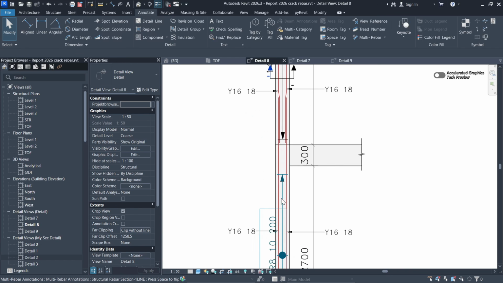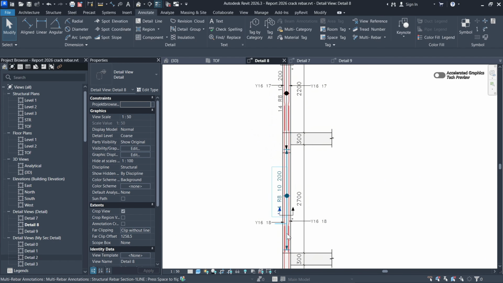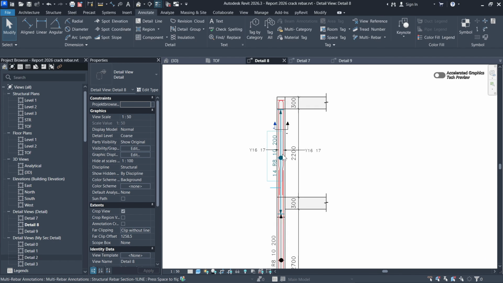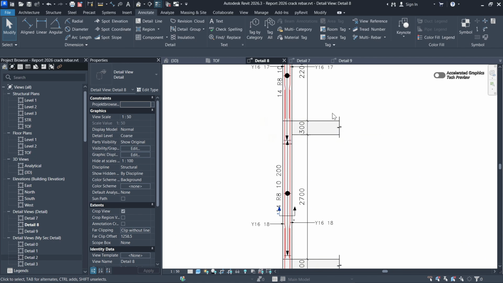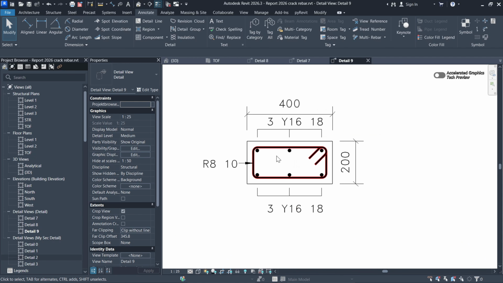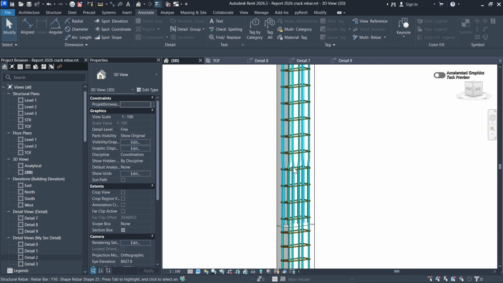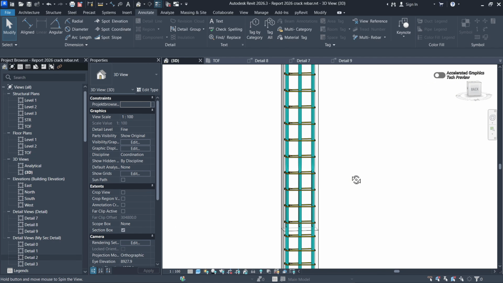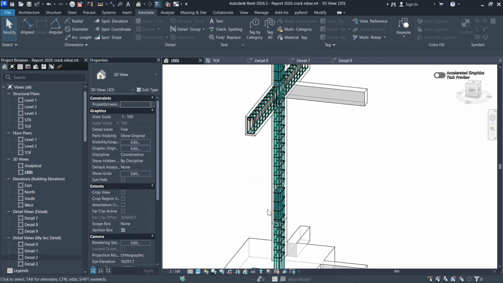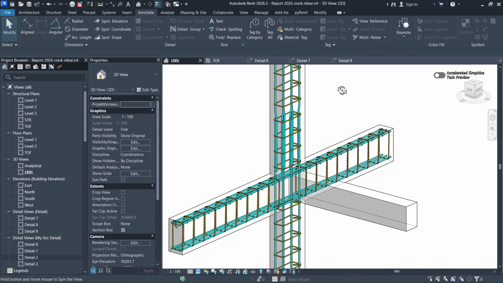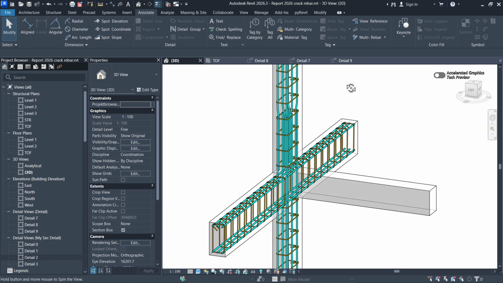In this lesson, I'm going to teach you how you can model the reinforcement on this column from the bottom all the way up to the top. And after that, we are going to produce the drawings with all the sections, and make sure that you stick around from start to finish because I'll explain a lot of things that will help you to be more efficient